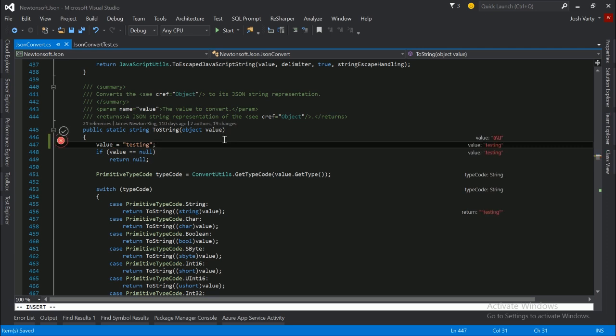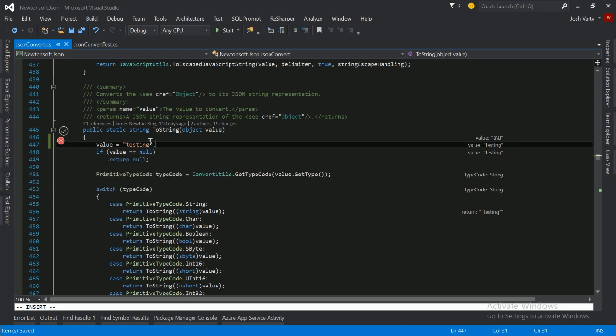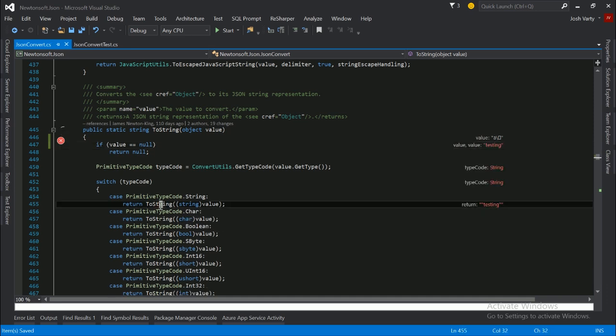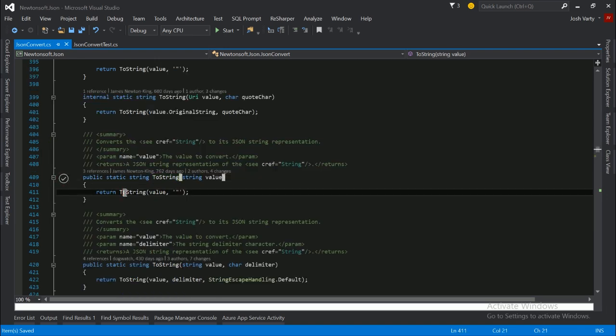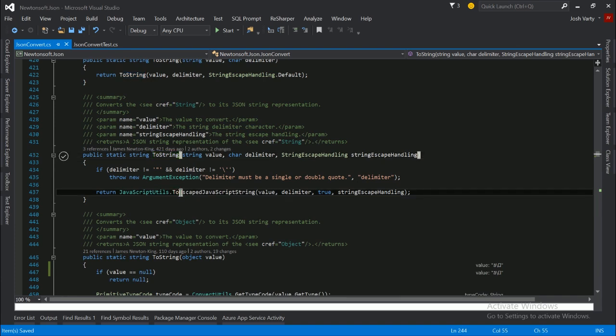I imagine the unit tests are probably going to fail, and yes, they do. It says it expected a string of length 11 and we're giving it something completely different. So we can come in here, we can test, we can see different things are happening. Here it looks like this branch is being taken, so maybe we want to fix our bug and jump to this method, and we can hop around the call stack looking for something a little more interesting